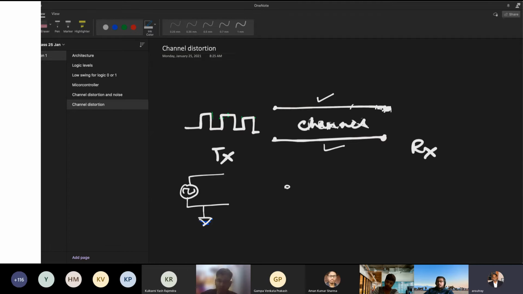Sir, can you explain that once again? If you make the Fourier analysis, what is a band? Bandwidth means it is related to frequency. So if you take the Fourier transform of any square wave, it will not be contained in the low frequency range. It has very fast changes. Whenever there is a fast change, it will have higher frequency components.